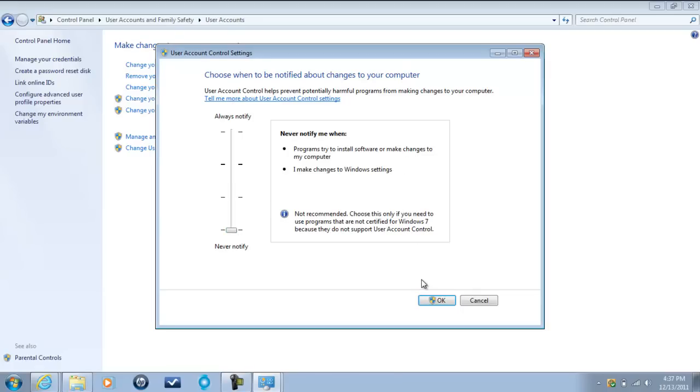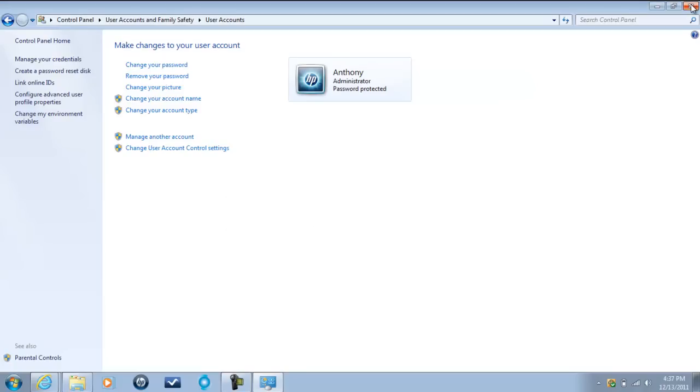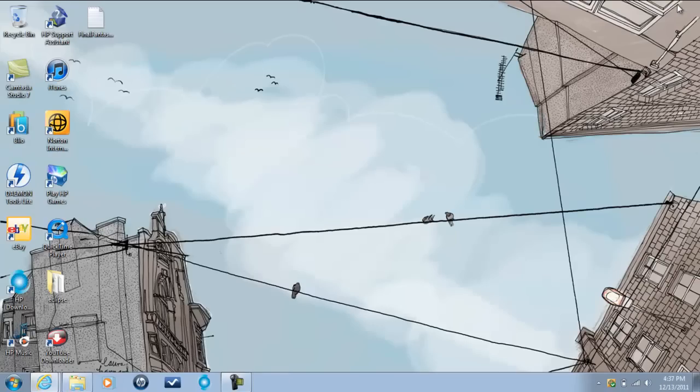But click OK, and you should be prompted to restart your computer in order for the effects to take place. So once you've done that, go ahead and restart, and you can join me upon opening your computer back up. So for now, I'm going to click out of here. And if you're joining me after making that necessary change, then the next step I would like for you all